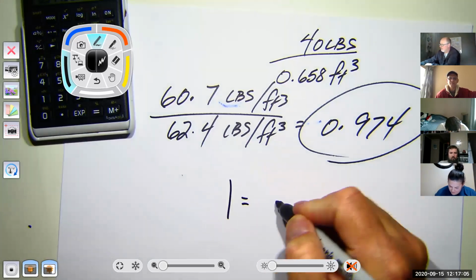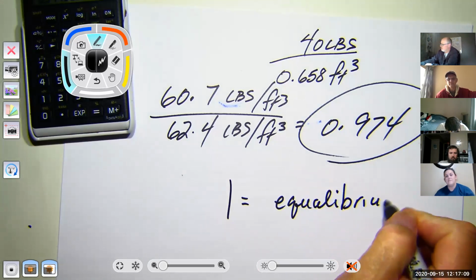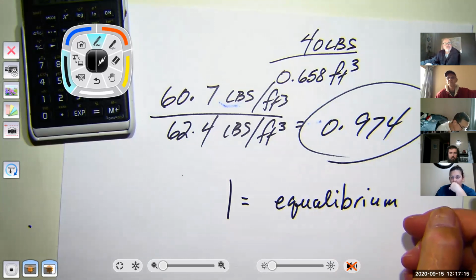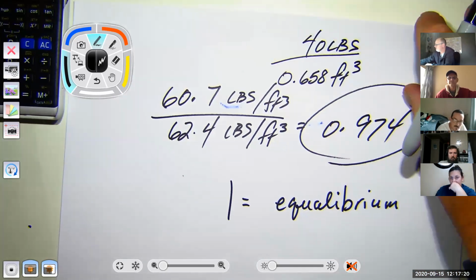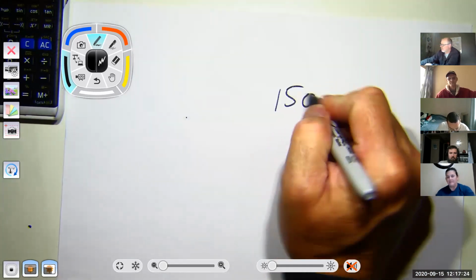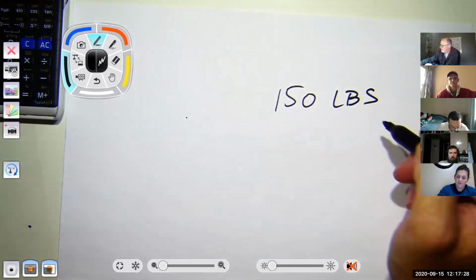One would be in equilibrium. Correct. Do you want me to describe how this really works, like with a personal flotation device? Sure, yeah. Okay, well, watch this here. I have an explanation. That'd be nice. If I had a person that weighed 150 pounds,